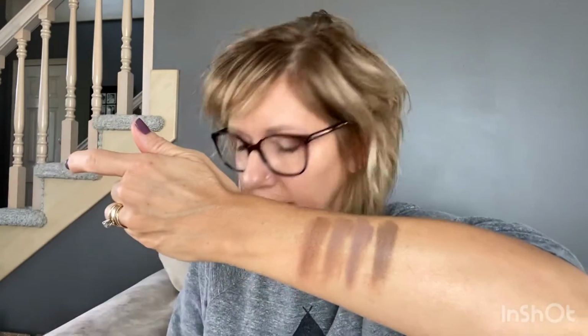It's a little dry right now. I need to clean it up a little bit. Although right now the Indigo is looking darker, don't be afraid of this. If you're a little bit more experienced, you can mix. So we'll get talking about that. Indigo is actually, I really like it on me. I am playing around with all of them, and I really haven't found one that I don't love,